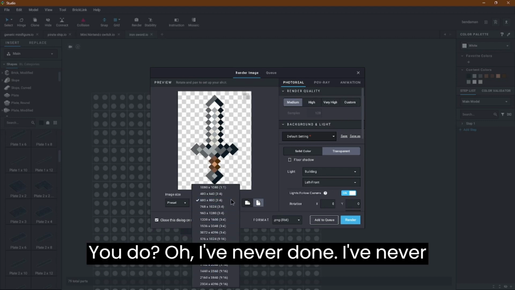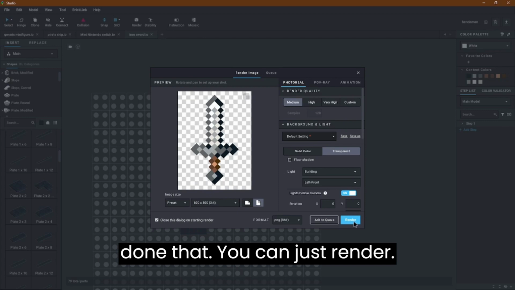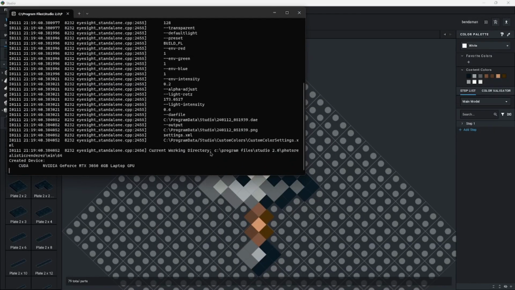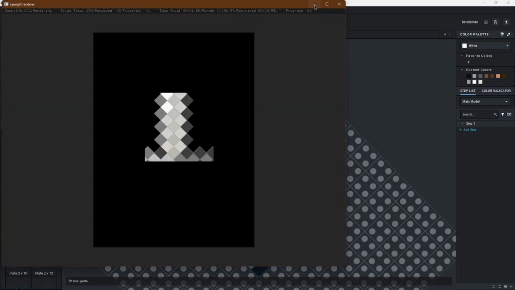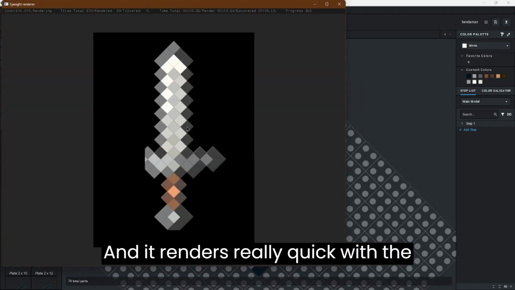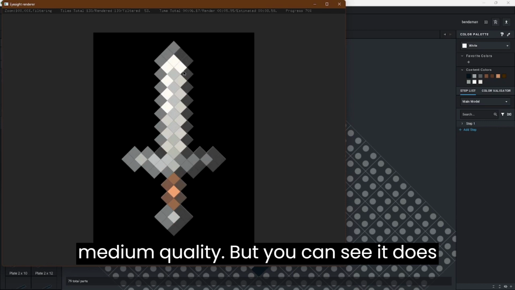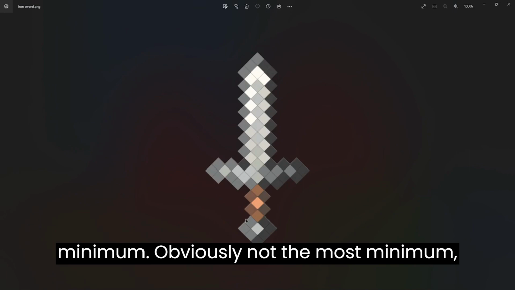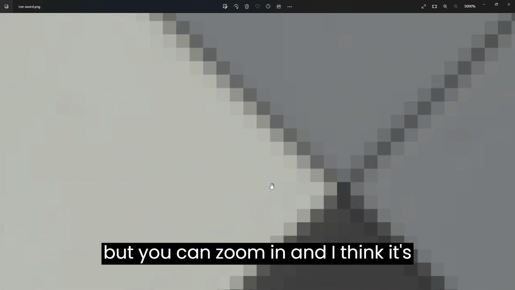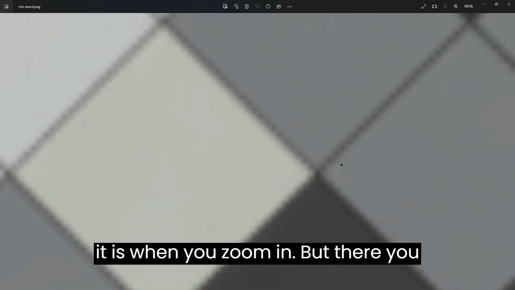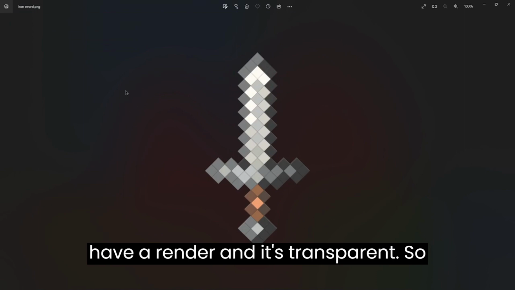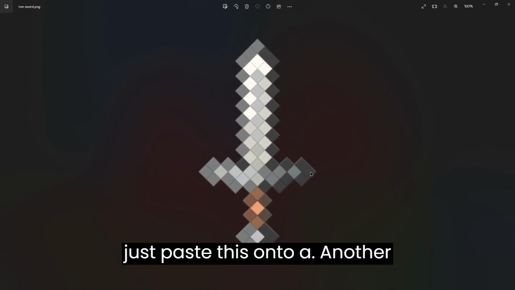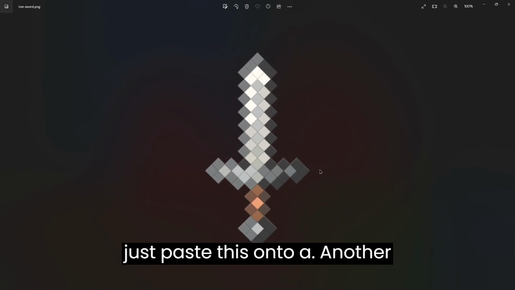Oh, I've never done that. You can just render. And it renders really quick with the medium quality. But you can see it does really powerful renders even with the minimum. Obviously not the most minimum, but you can zoom in, and I think it's really fascinating to see how pixelated it is when you zoom in. But there you have a render, and it's transparent. So in any photo editor, you can just paste this onto another picture,